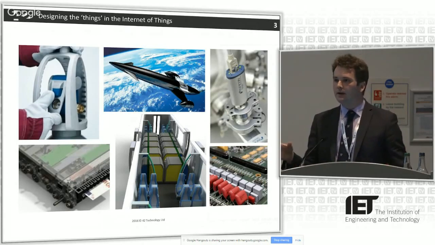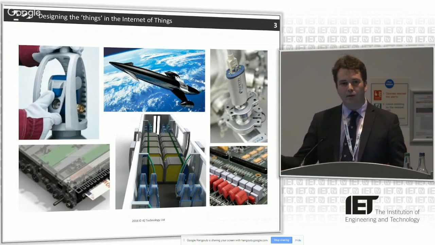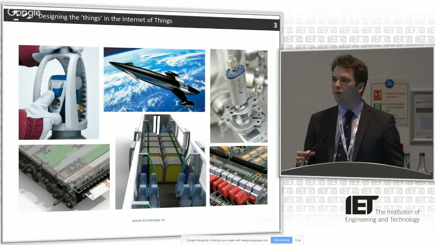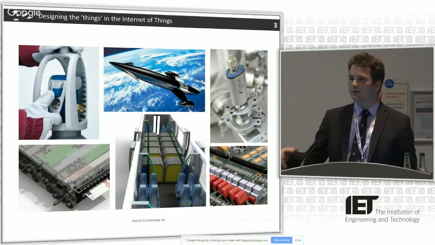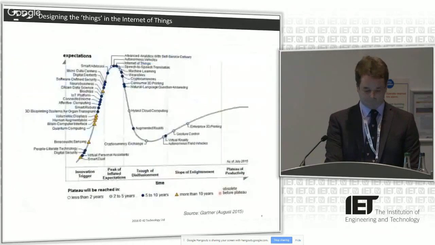So when you think of an Internet of Things thing, don't just think about a smartphone. It could be anything. It could be a lamppost that's a wireless node. It could be a flow meter in your house that looks at your water usage. Everything that connects up can be useful.